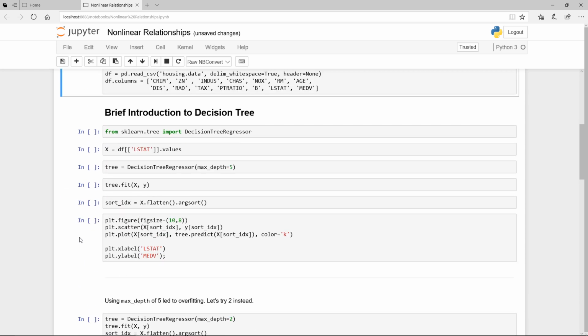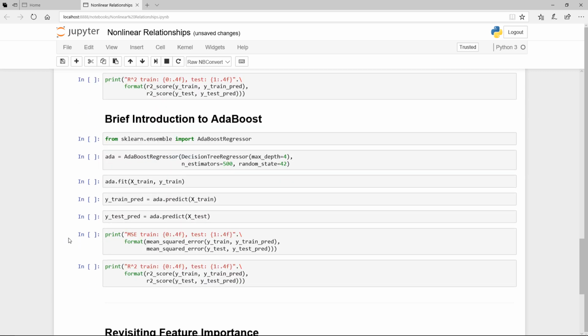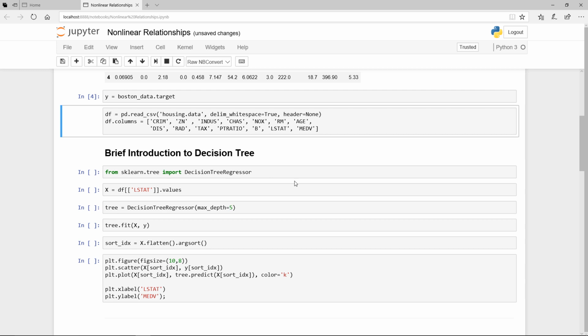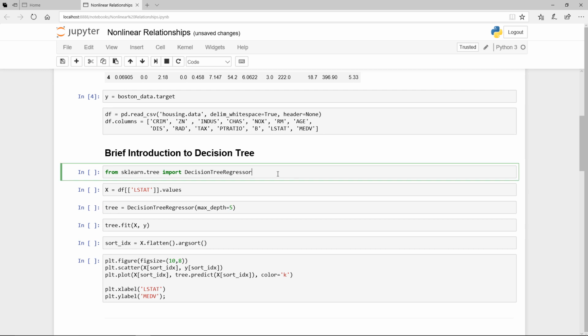So these are really a very brief introduction to some of the toolsets that we will go into in more depth. We're going to cover decision tree and a little bit of random forest, a little bit of AdaBoost, and then we will actually come back to them in future lessons. I just want some continuity here so that you can see that we've been building and working on the Boston